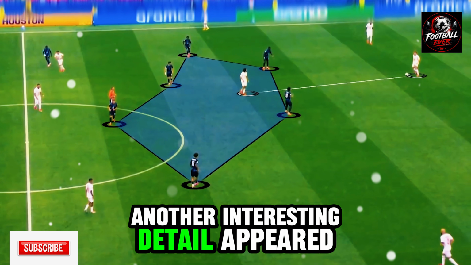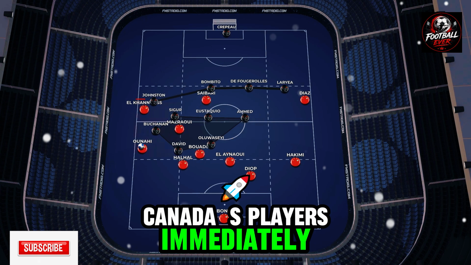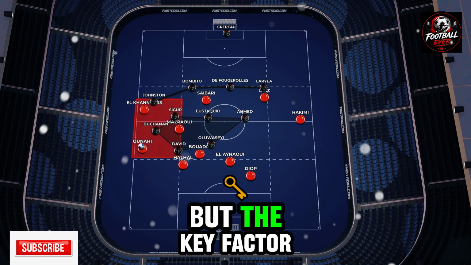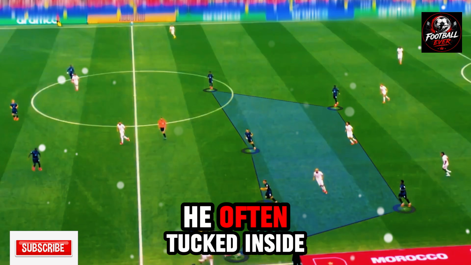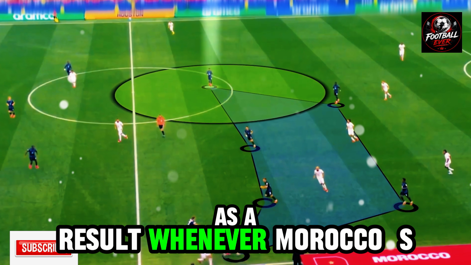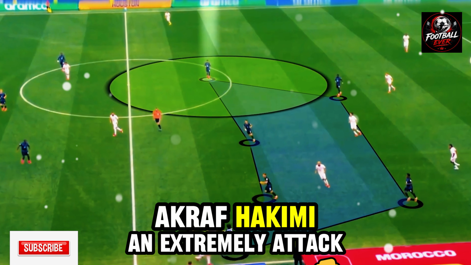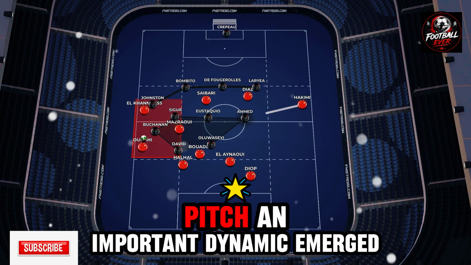Another interesting detail appeared whenever Morocco moved the ball wide. Canada's players immediately tried to close down the flank, but the key factor was the positioning of Canada's left winger. He often tucked inside and stayed very narrow. As a result, whenever Morocco's right back Achraf Hakimi, an extremely attack-minded player, pushed high up the pitch, an important